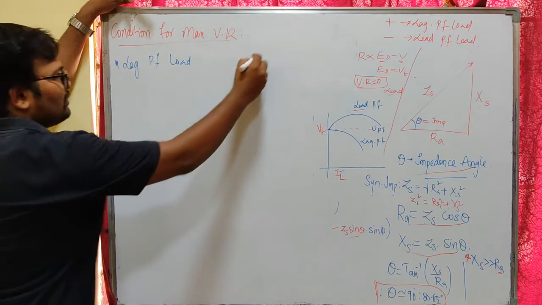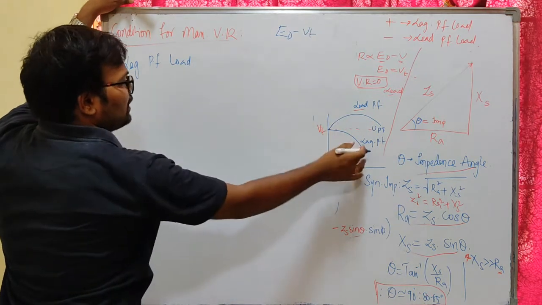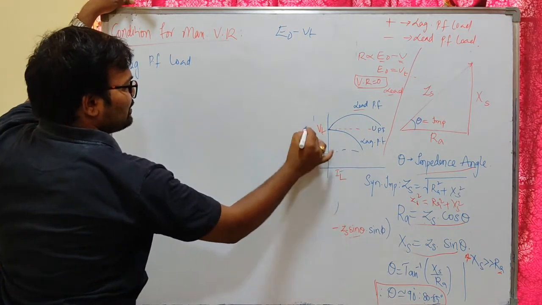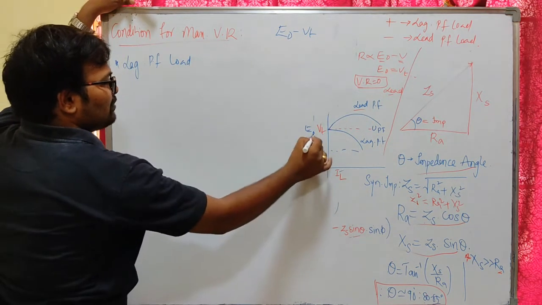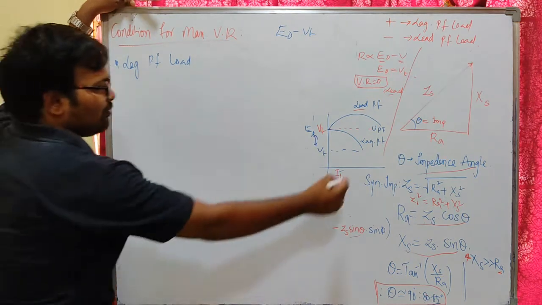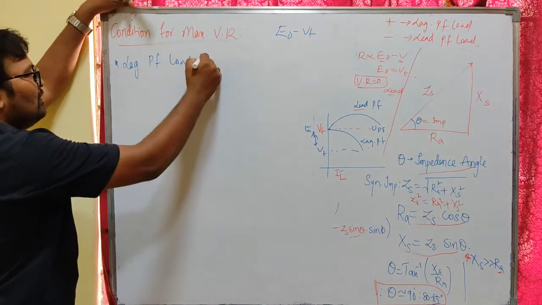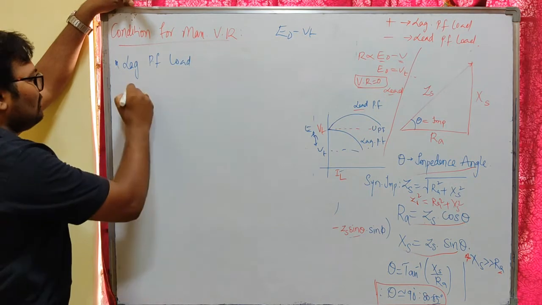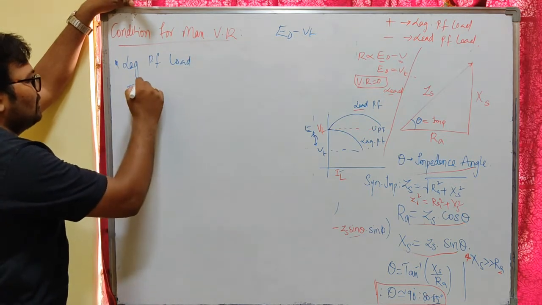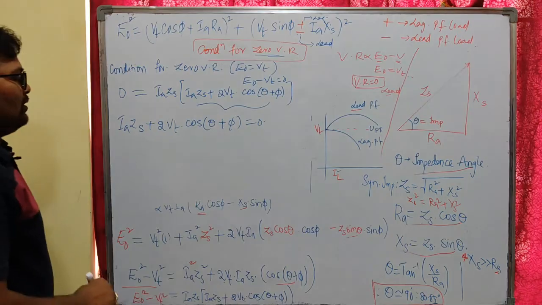Okay, maximum difference between E naught and VT is possible for lagging power factor, as VT will be very less compared to E naught value. Okay, this is maximum voltage regulation that is possible in lagging power factor loads. So for lagging power factor loads, the expression E naught square will become VT square plus, so if I rearrange